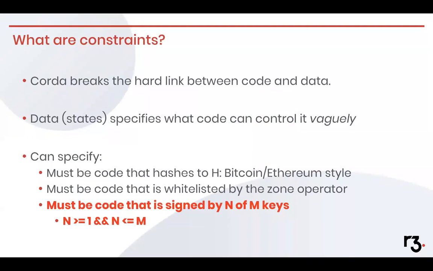So when you create data on the ledger, you can specify that the code that is going to be used with that data can change according to certain rules. Now, the simplest rule is actually that it may not change. This is called a hash constraint, and that's Bitcoin and Ethereum style. Once created, it can never be changed. That exists partly to make us seem more blockchainy a little bit, partly because it was easy to implement, and